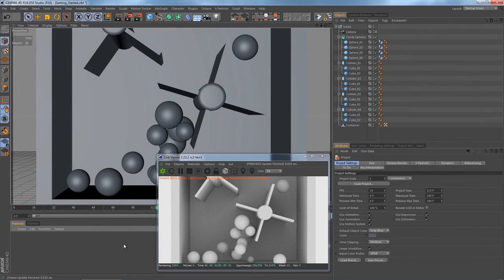Next, let's take a look at creating a couple of Octane materials. One way is to use the Create